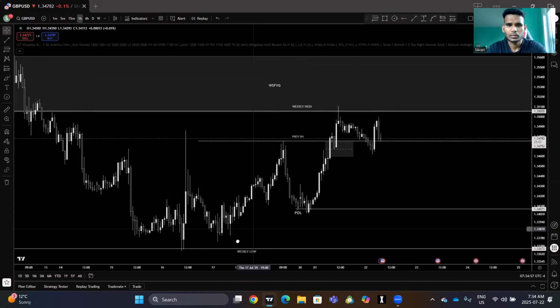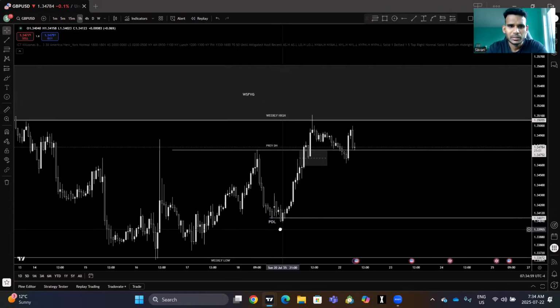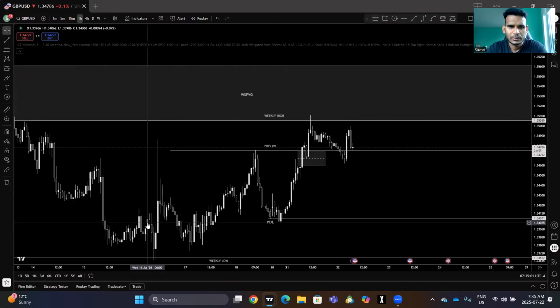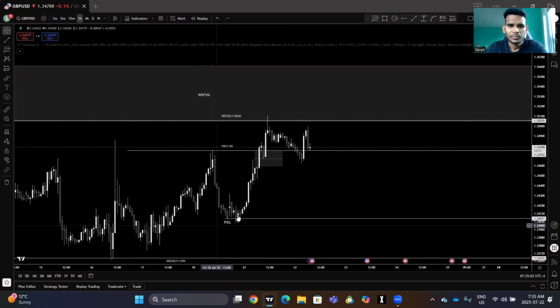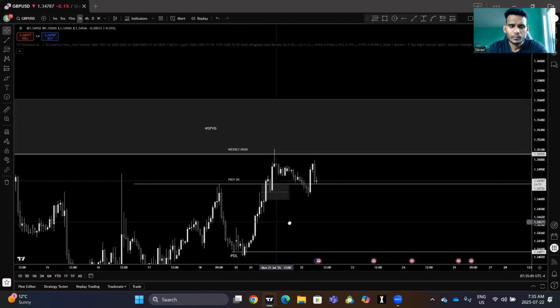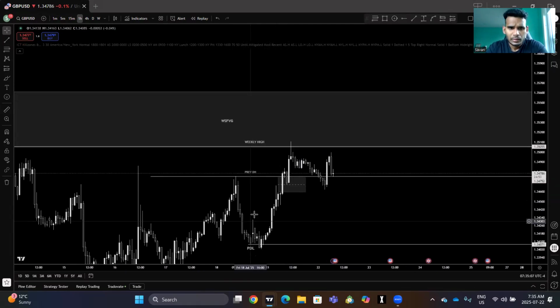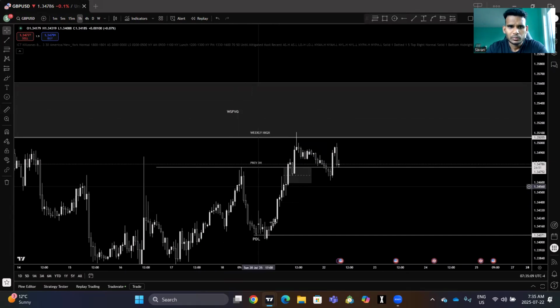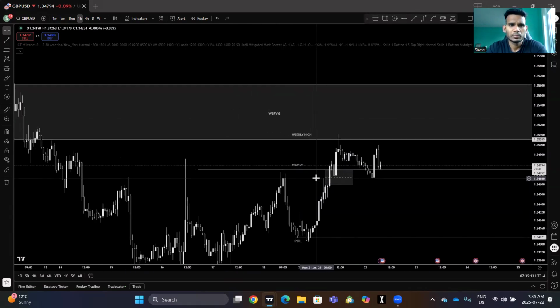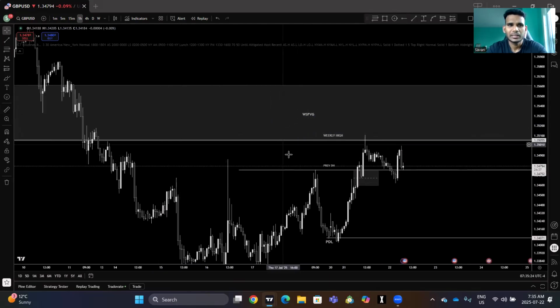This is what I marked last day, and as soon as price swept the previous day low, as soon as price entered this range, the inversion range, it kept on going higher, and it literally flipped all the bearish fair value gaps. So the obvious draw on the market is extremely bullish. So the obvious draw on liquidity is going to be the weekly high, and if it takes that and starts pumping up, it means it's going to reach the weekly high and the weekly sellers fair value gap. That's the weekly and daily sellers fair value gap.